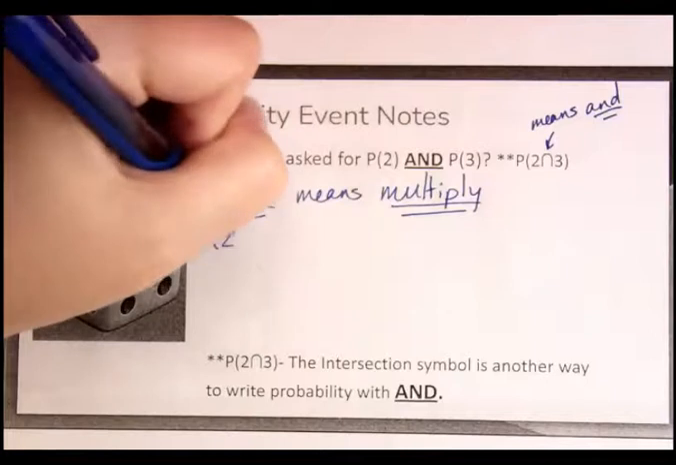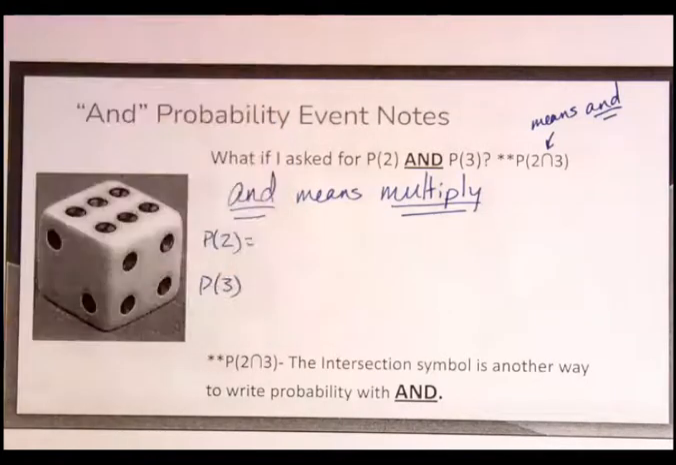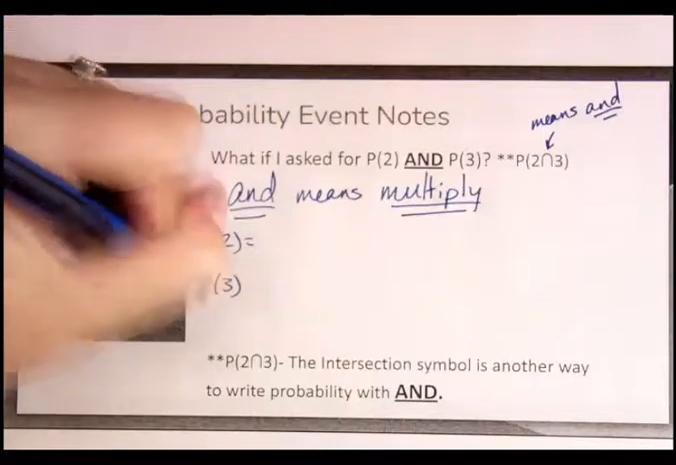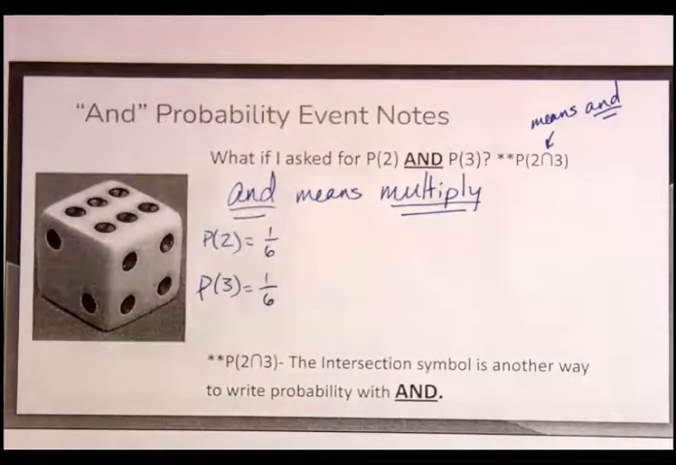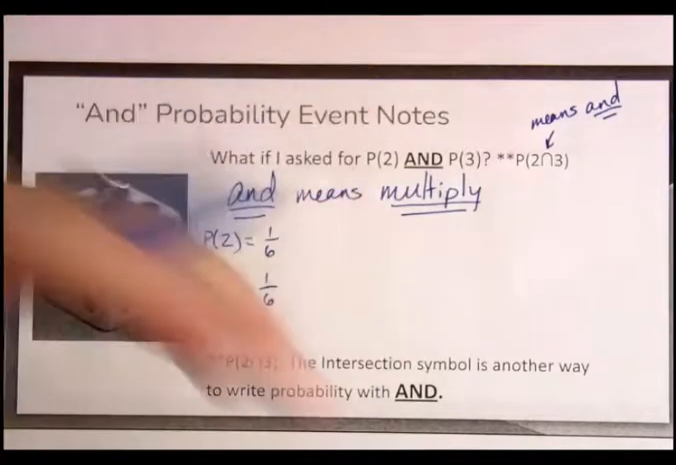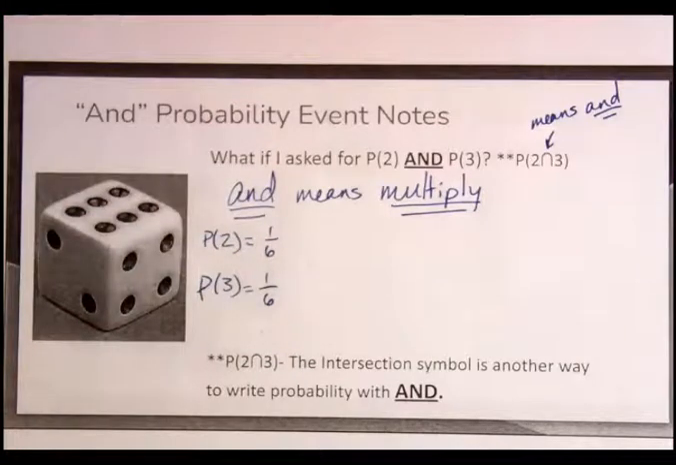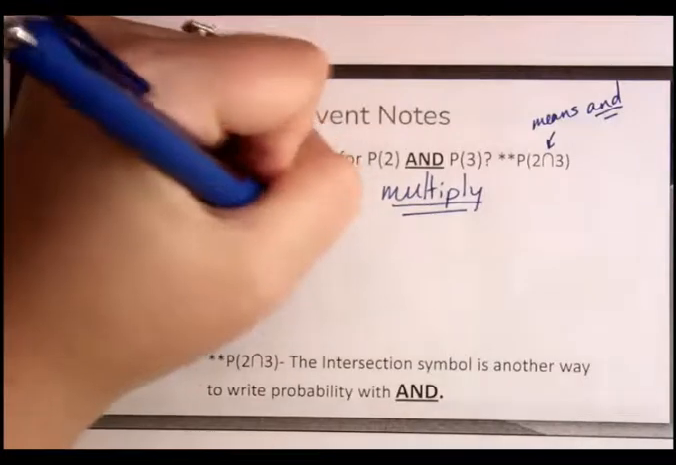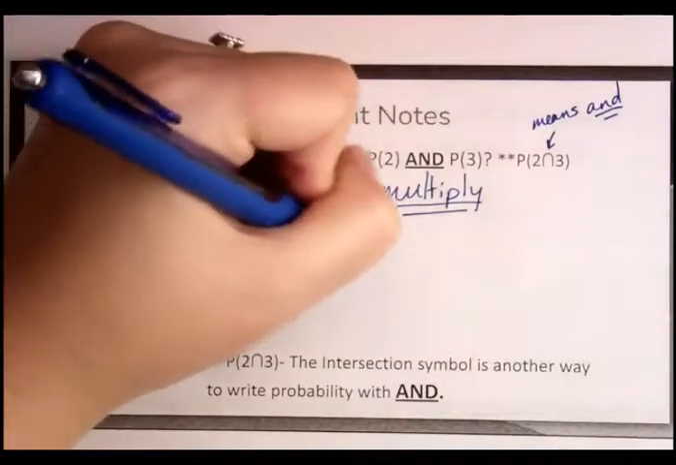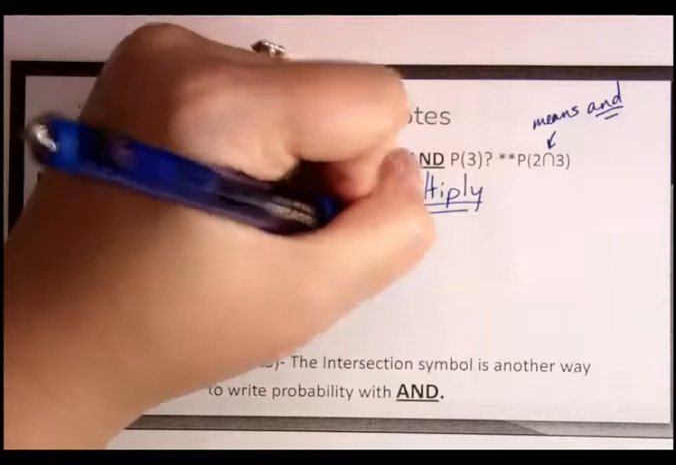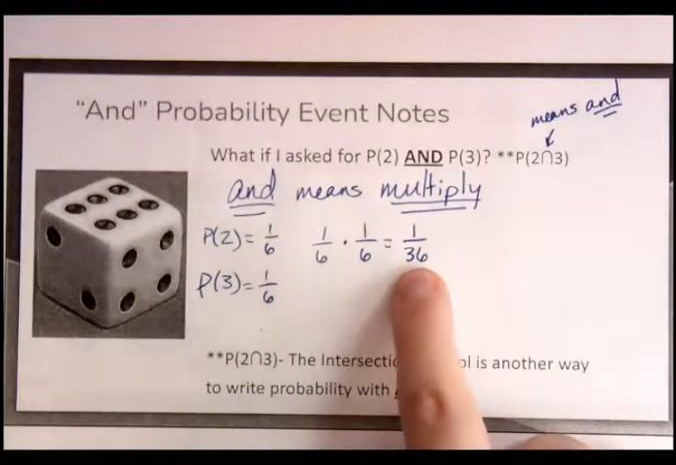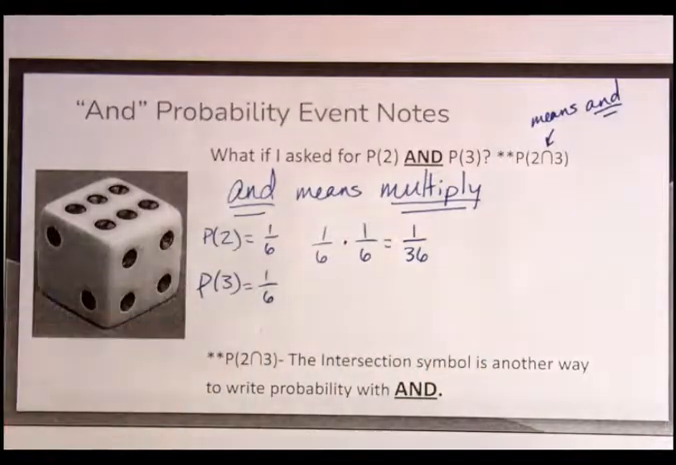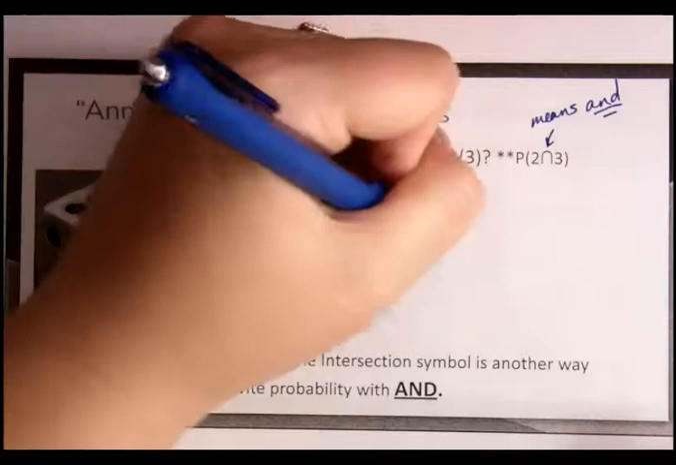Okay, so we have our P2, we have our P3, which the probability of 2 and the probability of 3 is not going to change. You still have a 1 in 6 chance of rolling either one of those. The difference is now you are multiplying. So when I multiply, I would get 1 over 6 times 1 over 6. So I'd end up with 1 over 36. So it's a much lower probability to get a 2 and a 3 than it is to get 2 or a 3. So 1 divided by 36 is actually just a 3%